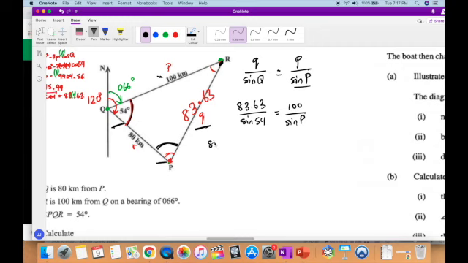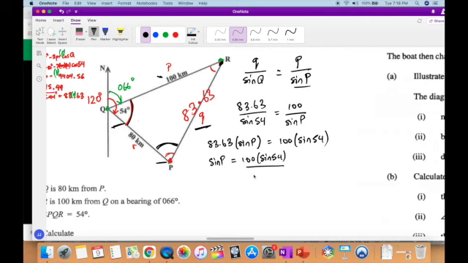So that means 83.63 times the sine of P is equal to 100 times the sine of 54. Okay. So now I could say that the sine of P is equal to 100 sine 54